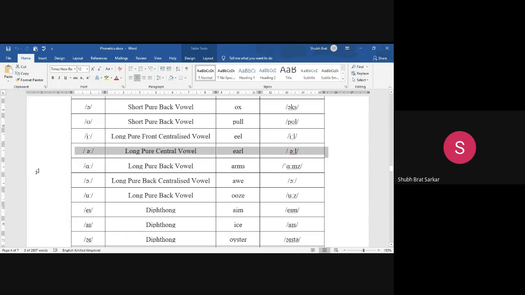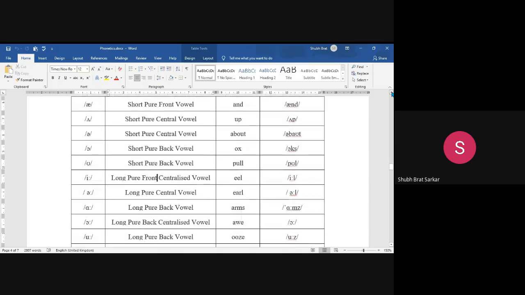Lips remain neutral. Lips remain stretched neutral. O, the lips are rounded. U, the lips are rounded. So of these 12 pure vowels, we have 4 rounded vowels. These 4 rounded vowels are O, U,